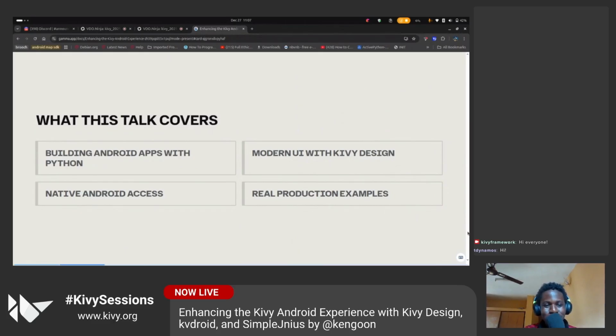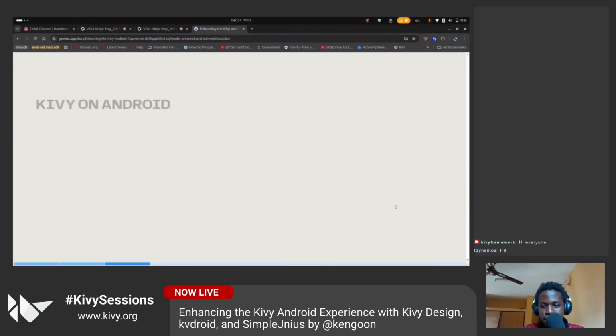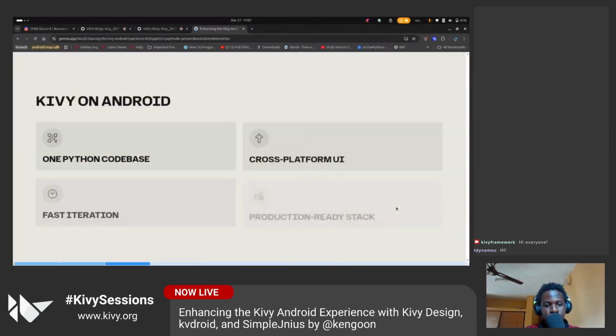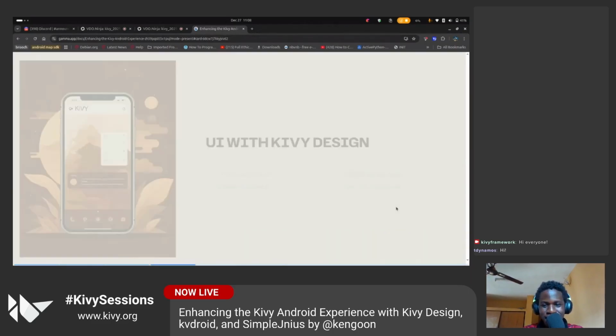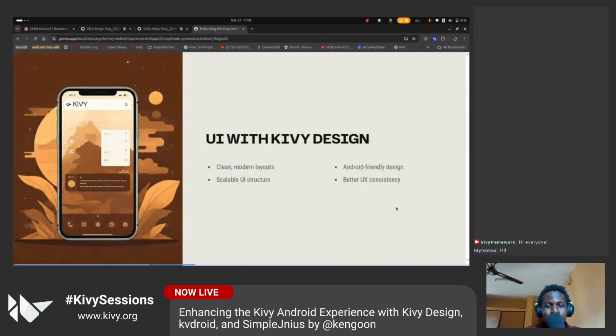All right, so I'm also going to show you native Android access and a real production example. I have one of my apps on Play Store, Fami AI, and another one, Packly. But Packly doesn't have many features to showcase, so I'll be showcasing more of Fami AI. Okay, so I'm going to skip this. I've already talked about this. Okay, so when it comes to